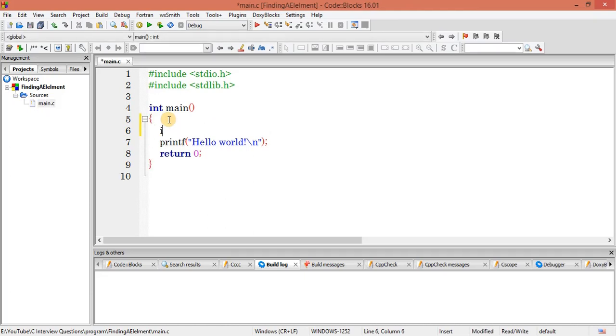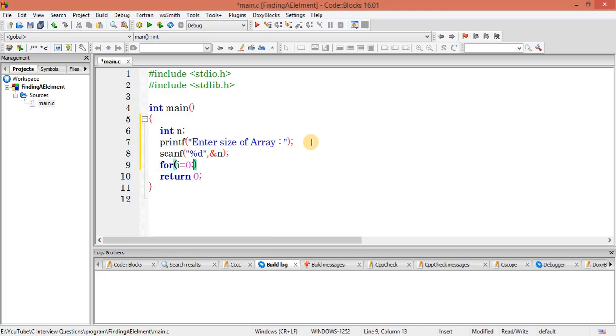So let's get the number first. Enter size of array. So we have the size right now. Let's get all the elements one by one.